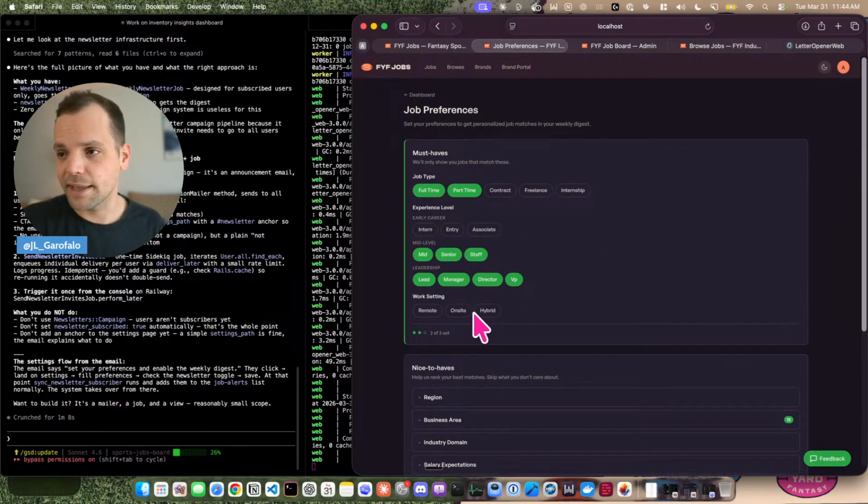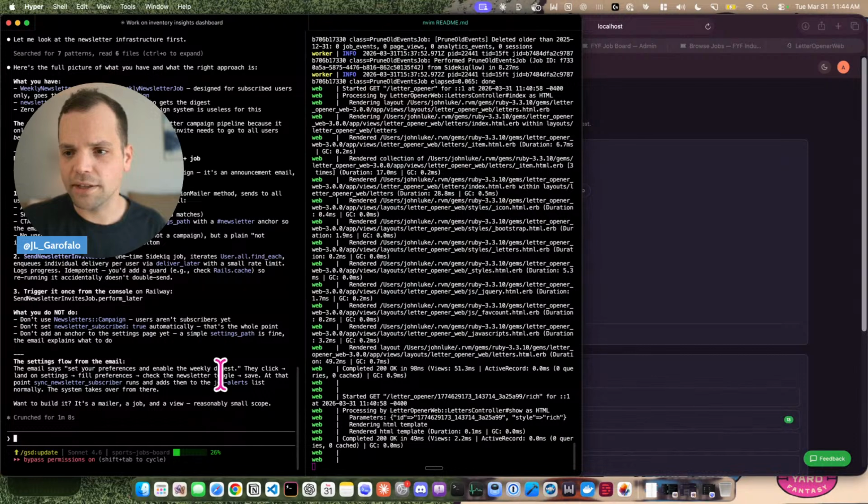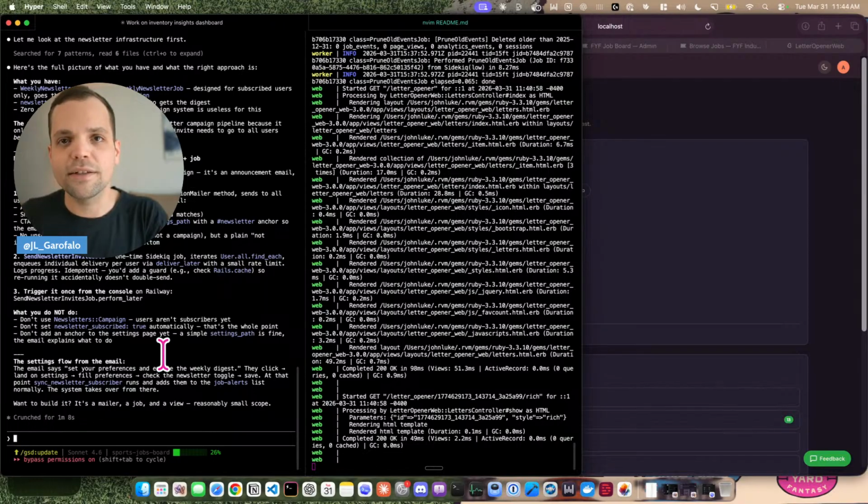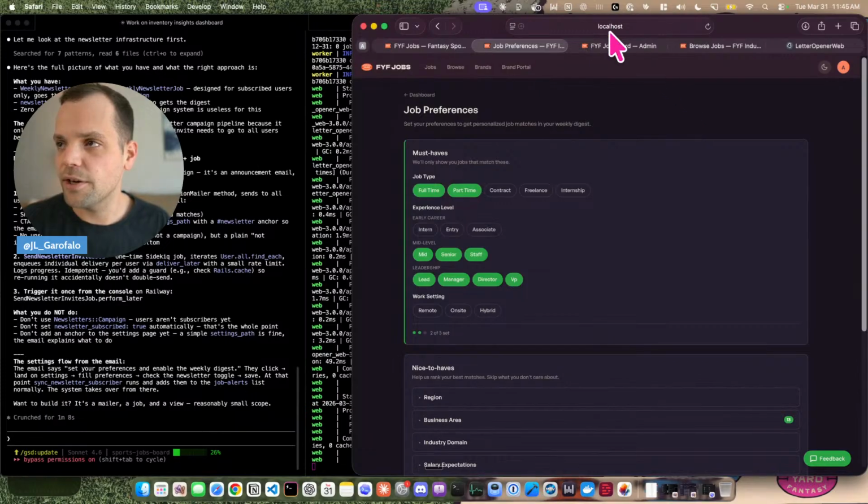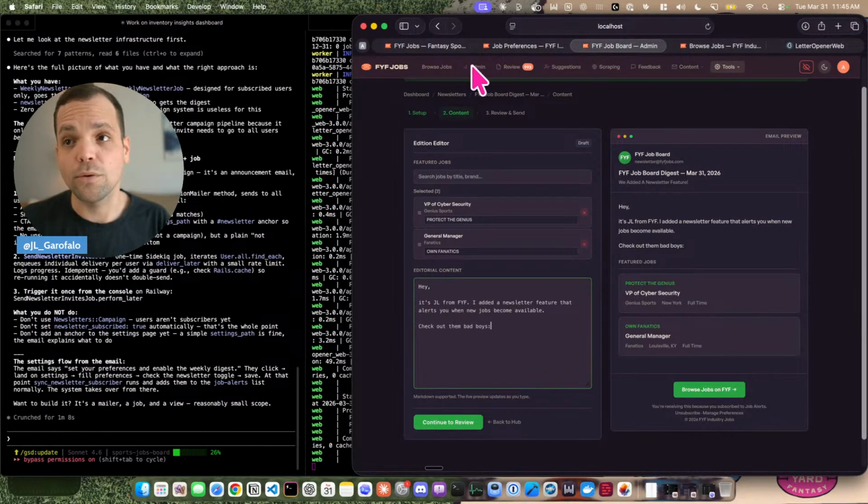And they'll be able to set these. Field preferences, check the newsletter toggle, save. At that point, sync newsletter subscriber runs and adds them to the job alerts list. And then we have them in the newsletter system. And when we send this newsletter with the mechanism we have set up, it'll go to them.